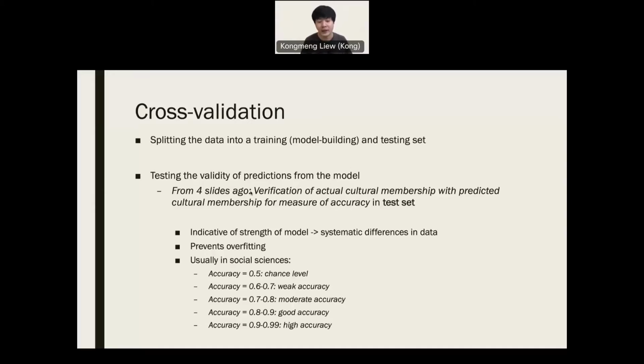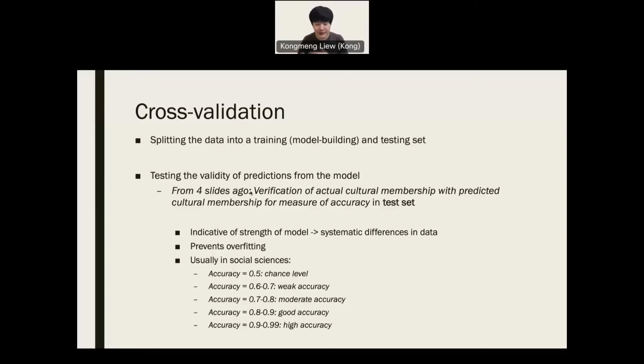So for the training data set, now with these 1,500 people, we can try many different models. We can try using regression models. We can change parameters to iteratively find a model that can fit the data as best it can. And then we take this model and we test it on these unseen 500 people.